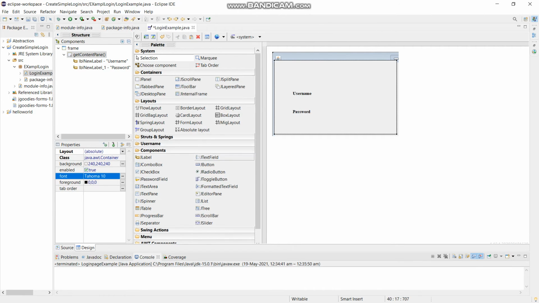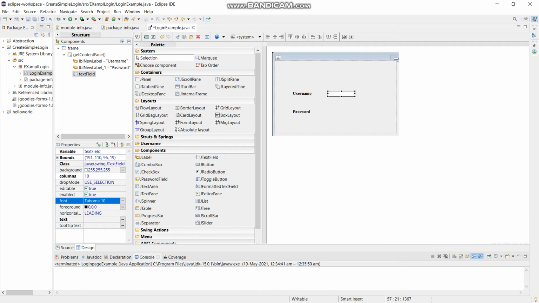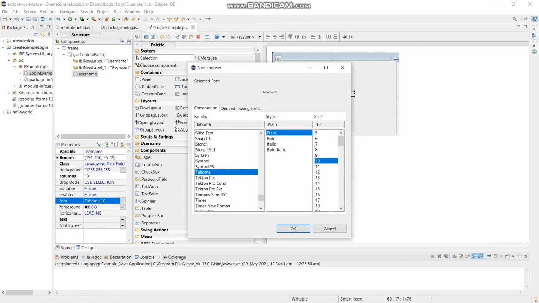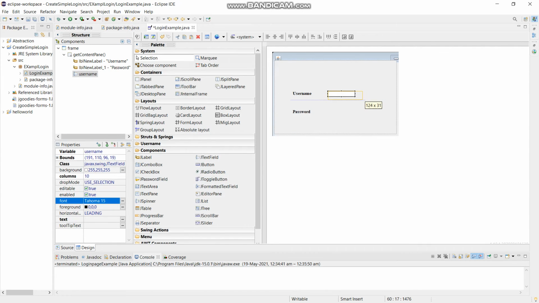Now what we want is the text field. Click on the text field and just put it where you want it. On the left side of the screen, in the variable, you have to write username. It won't be displayed here, but it will help in your programming section afterwards. And then you can change the font size also, for whatever you are going to write inside this text field.